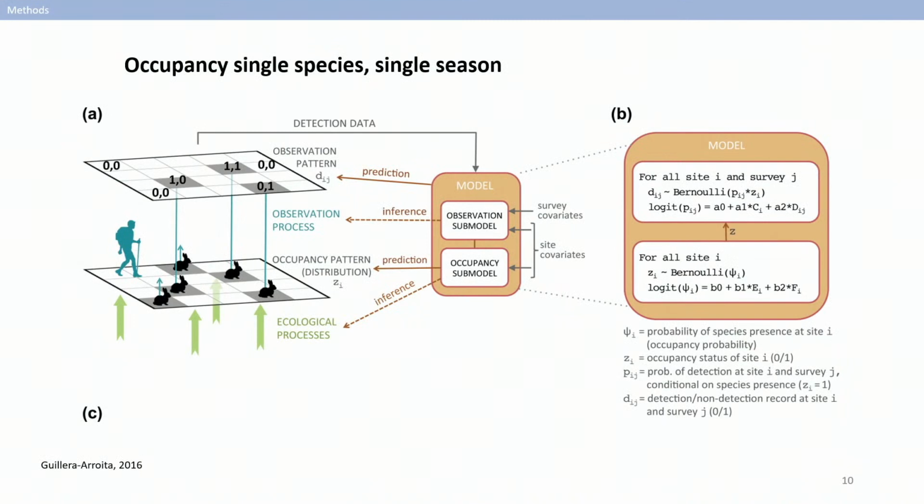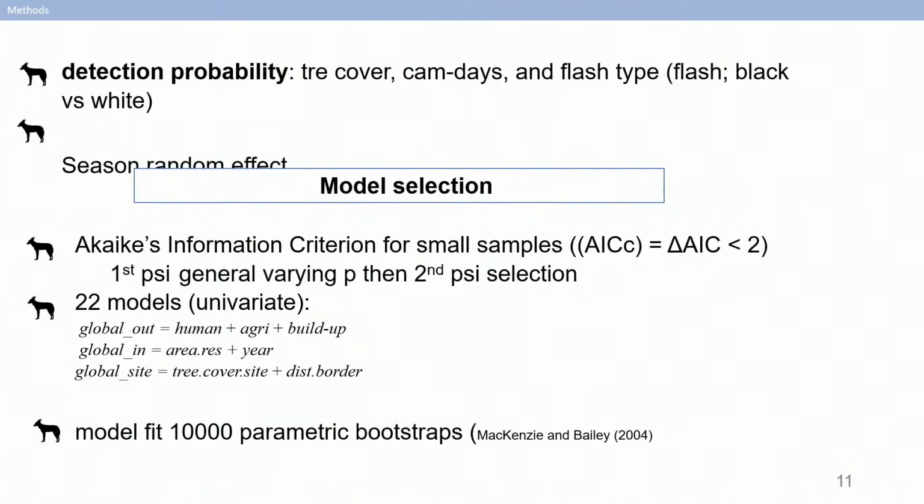We were interested in occupancy, which is basically a population parameter that describes the probability of a site being occupied by a species, or the proportion of the area occupied by a particular species. This is a model that has two components. One allows for the detection probability, and that's probably the most important part of this model, which we can account for those situations where we don't detect the species, but it doesn't mean that the species is not there. And then we have an occupancy part, which is the ecological factor, the one we are really interested in. And that's formulated with some distribution called Bernoulli and so on.